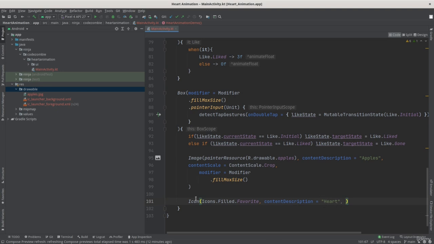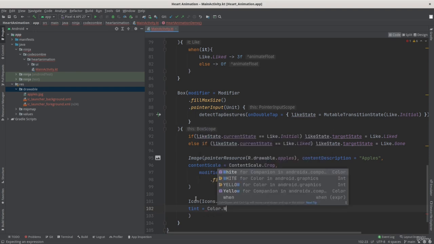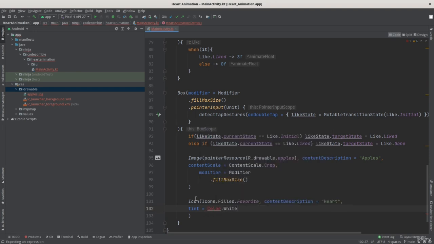All right, let's use a tint. Let's specify its color. I want my heart to be white, so color.white. I want to fill it with white color. Import color,